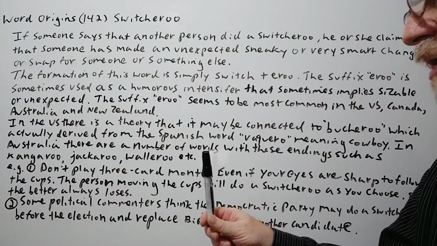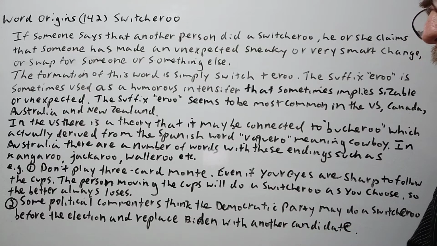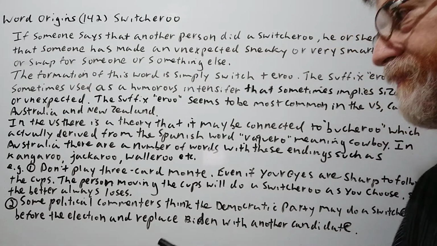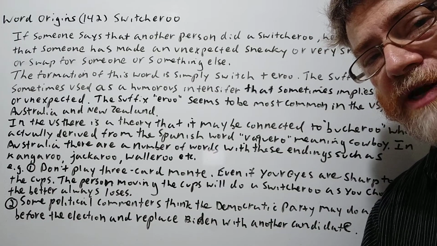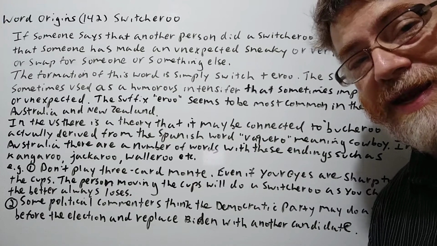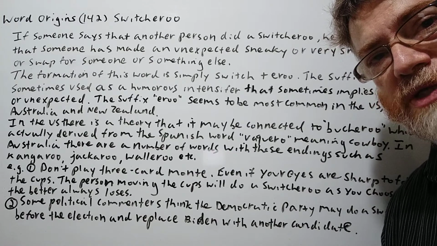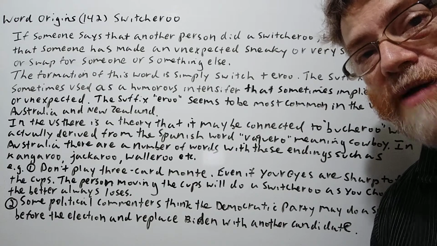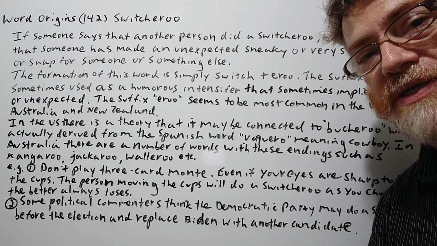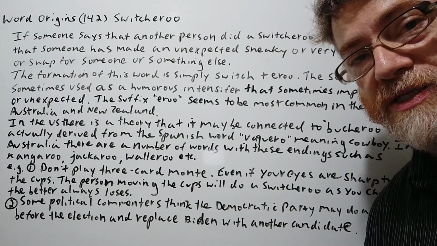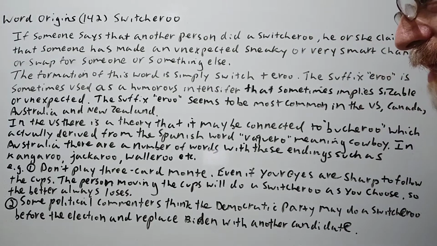Okay, so the person moving the cups will do a switcheroo as soon as the bettor chooses a cup. So the bettor will always end up losing. So really, when he first moves it around, he probably picked it up. It's probably not under any cup. So no matter what cup you choose, it's not going to be there. And then when he's going to show it to you, as he's picking up the last cup, he drops it at the same time. So this way, you say, oh, well, I guess it was under that other cup, and therefore you lost. But really, he just did a switcheroo. It's that simple. Okay, good.